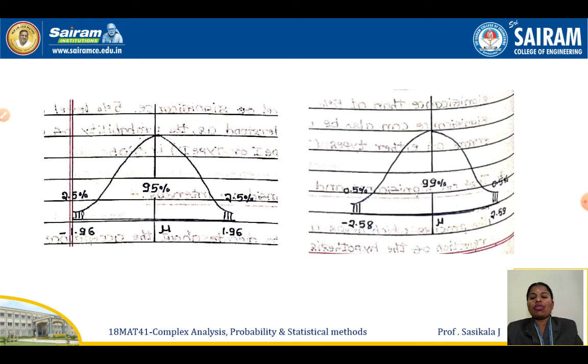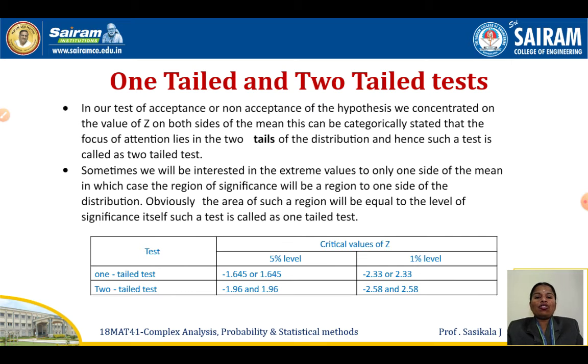They explained it. The normal distribution is supposed to be in the bell shape, right? For 95%, you can take it from minus 1.96 to plus 1.96 for the mu in between, so this is your interval. Similarly, for the area of 99%, we have minus 2.58 to plus 2.58. Now you can go with the next one, the one-tail and two-tail test.